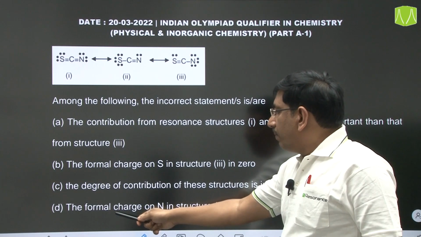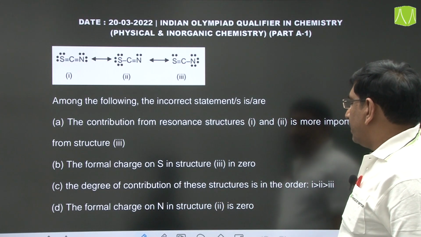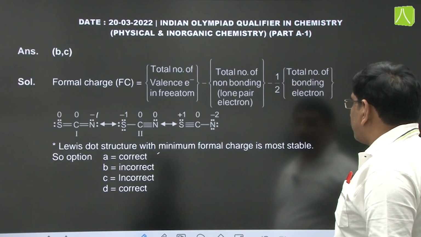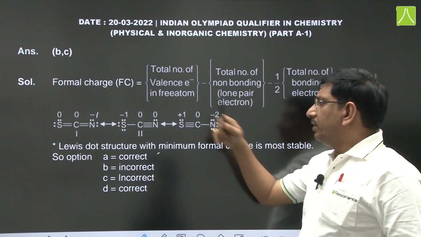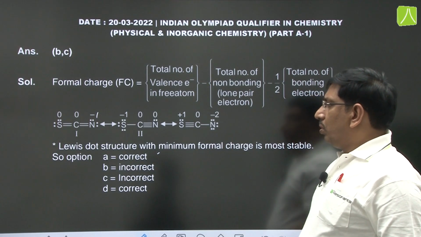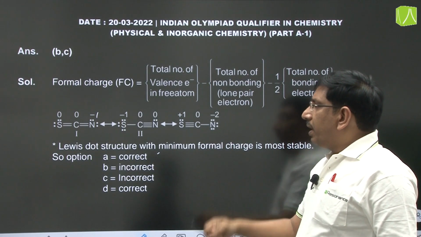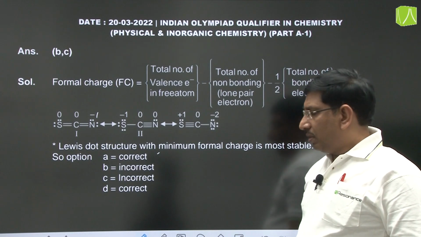Next, the formal charge on nitrogen in structure 2 is 0. If you see the formal charge in nitrogen in structure 2 is 0. So, which options are incorrect? Only B and C options are incorrect. And